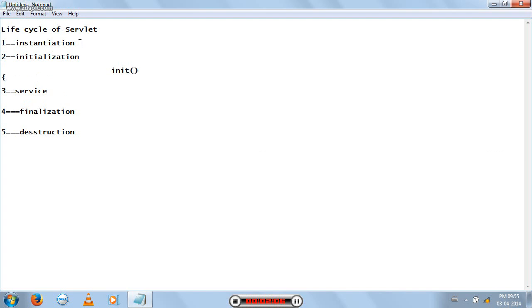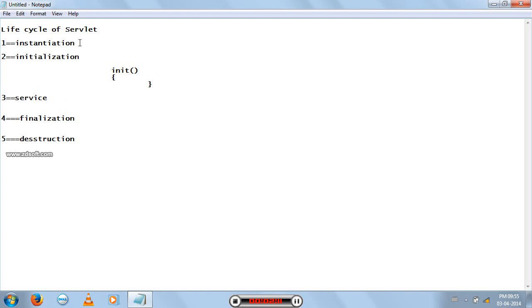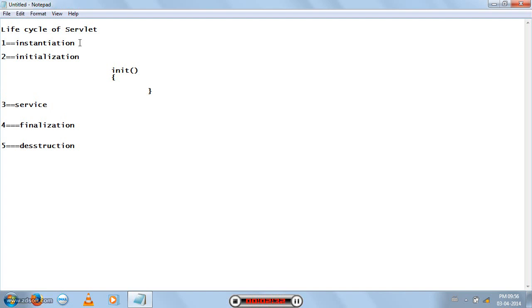Init method. In the initialization method we will write code which we want to execute only once, for example database connectivity. I want to execute the database connectivity object only once, I will connect it, then throughout the project I do not go again and run that. So that kind of code I will write in this one, the db connection. Okay,